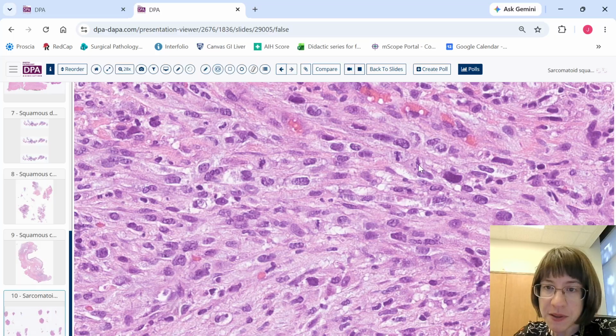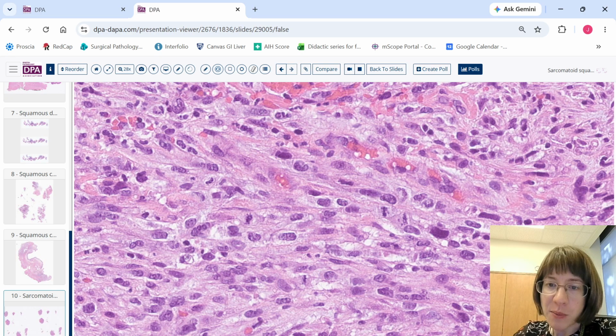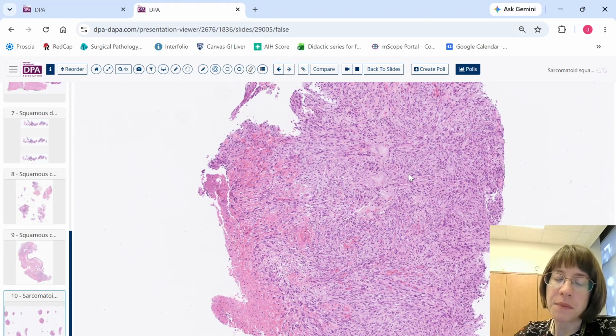Here's some nice examples of mitotic figures. They kind of look like eyelashes to me. So we have our chromosomes lining up in the middle of the cells, and they're fairly easy to find. Once you find one, you find multiple. And again, here we can see pleomorphism where we have different sizes and shapes of nuclei, with some of them appearing very hyperchromatic. So that makes me concerned that this could be some sort of malignant neoplasm, and that raises